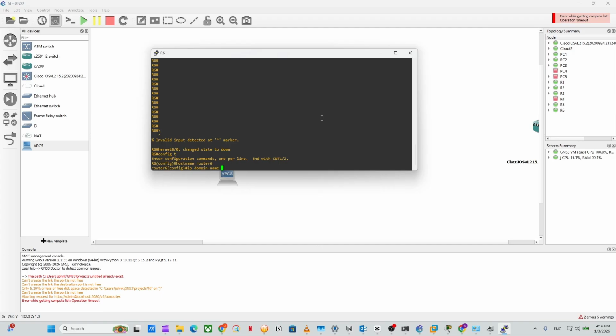I'm going to name it marketing, or actually name it anything, it doesn't matter. ISP, I'll name it ISP. Okay, and the next step is I'm going to configure the username and password. The username, I'm going to call it router6, and the password I'm going to